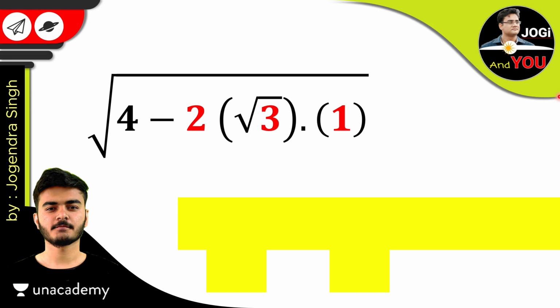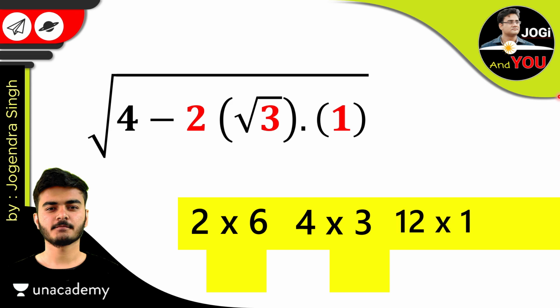That's all we have to do because the numbers are small. If the numbers were big, then we would have to factor in so many parts and it would become more complicated. Just like if we talk about 12, 12 means 2 multiplied by 6, the first pair, 4 multiplied by 3, the second pair, and after that we can make one more pair, 12 multiplied by 1. So we have 3 pairs of 12 after factorization.